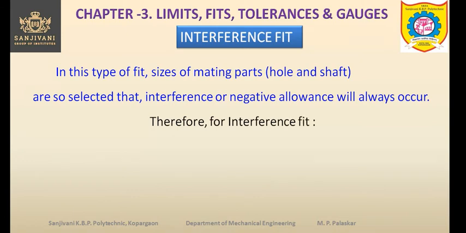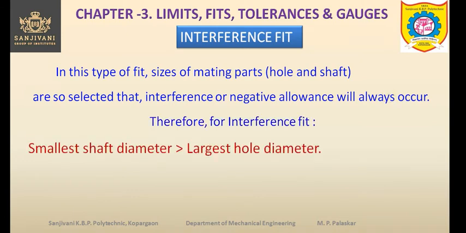Therefore for interference fit, the smallest shaft diameter is greater than the largest hole diameter. Even if the shaft diameter is smallest, it is still greater than the largest hole diameter. And of course the largest shaft diameter will definitely be greater than the largest hole diameter, or the smallest hole diameter also. So the shaft is smaller than the hole, but that was in the case of clearance